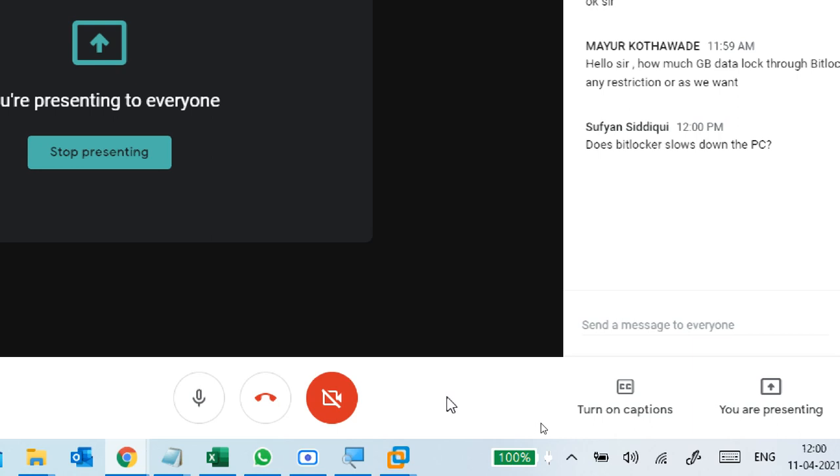My suggestion is, if your system is not working properly and you want to format your system, like formatting the C drive, then before formatting, better to unlock the drive and remove the drive encryption.